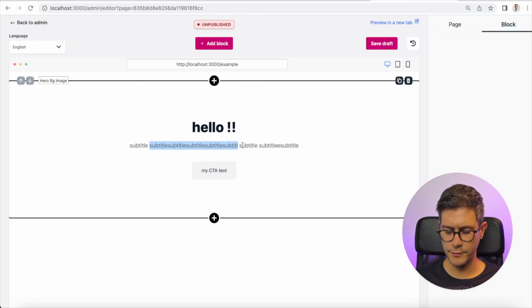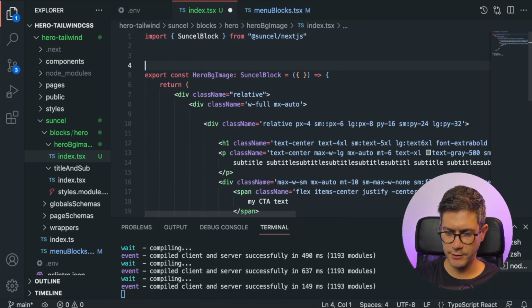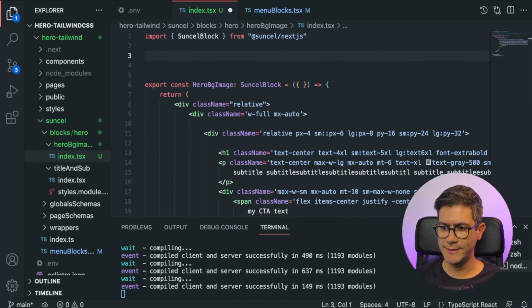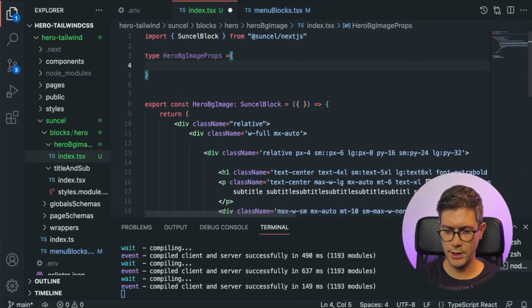Okay, great. So now we have our title, our subtitle, and our call to action, and we want to make them editable. So let's go. What we have to do here is to define a new type, and in this type, we will have all the parameters we want to change. So let's call it type hero bg image props, and so this type will have